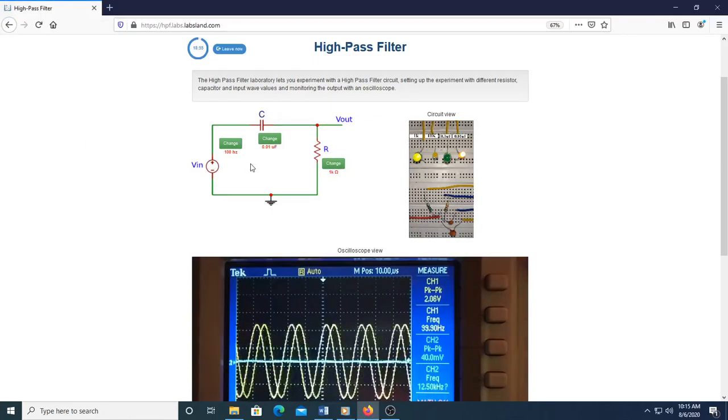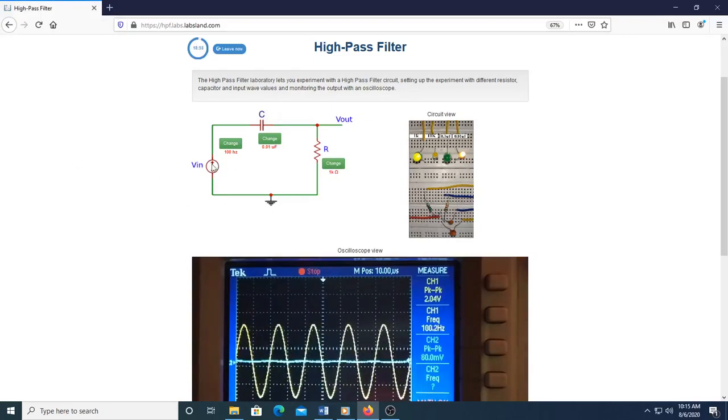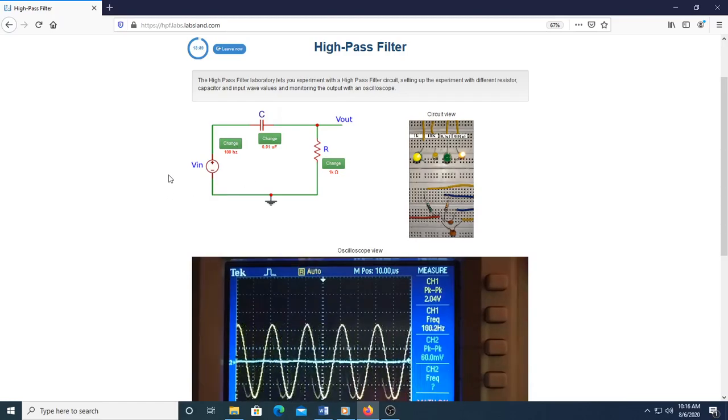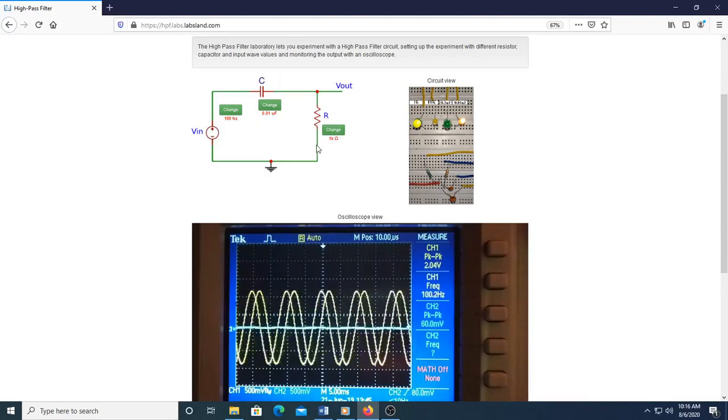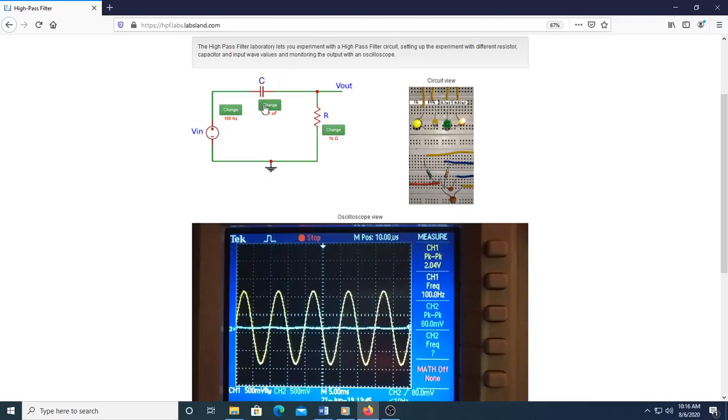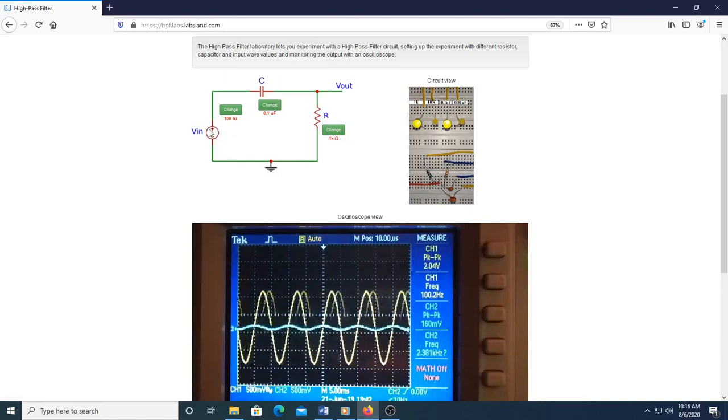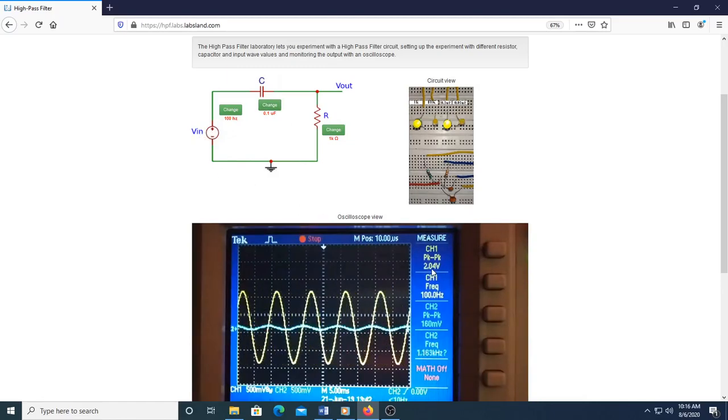In this video, the impact of various circuit and signal parameters on the high-pass filter will be demonstrated. Let's see changes in the high-pass filter response as the value of the resistor is modified with constant values of capacitor at 0.1 microfarad, and input signal sine wave of 2 volt peak-to-peak amplitude at a frequency of